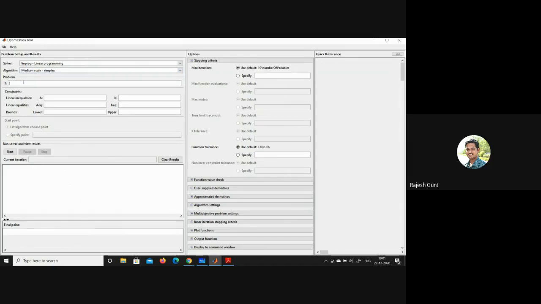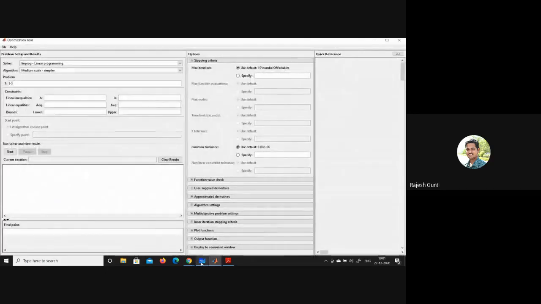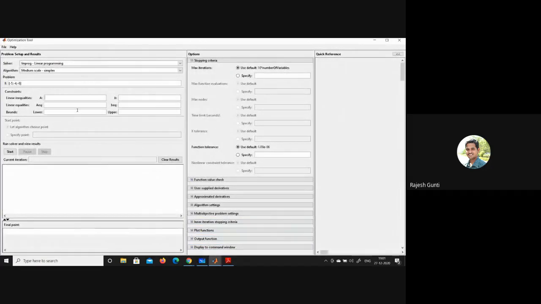What is the F value here? Starting with -4, -5, -4, -6. Enter -5, -4, -6. That's it. This is the objective function. What about linear inequalities? Here, linear inequalities. Now I am entering this value: 1 minus 1 1; 1 minus 1 1;